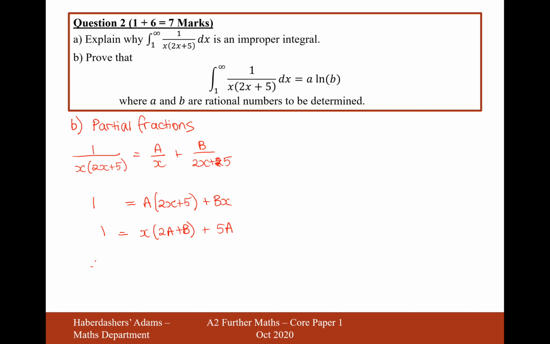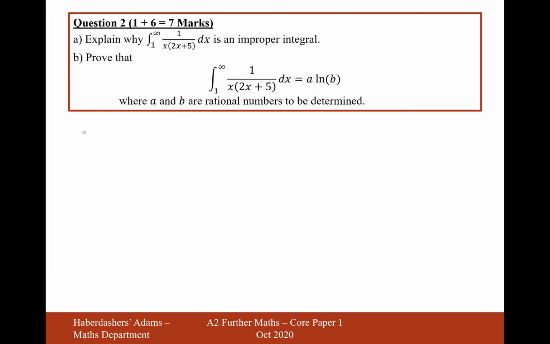So therefore it must be the case that A is equal to 1/5, and therefore B is equal to minus 2/5. So therefore the integral is going to be the integral of 1 over 5x plus minus 2 over 5(2x + 5)